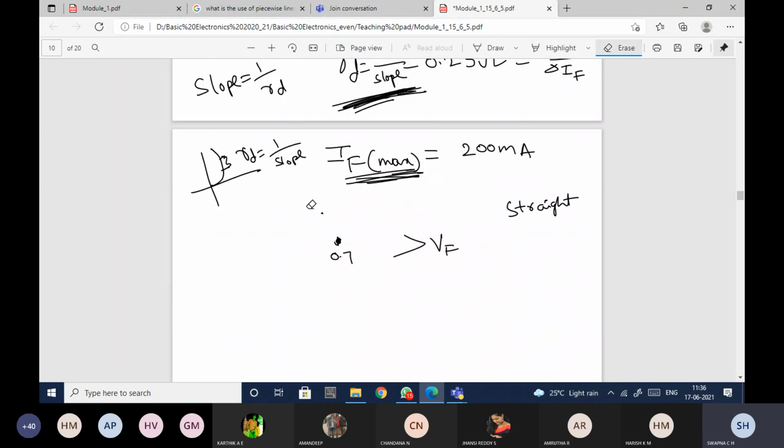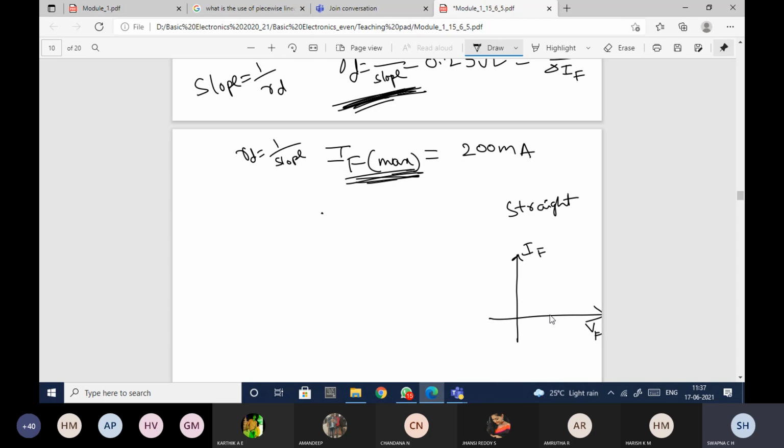If I want to plot, one point I will easily be able to take, that is on the x-axis, but in the first quadrant I will not be able to take it because I need 2 points. So roughly I'll just take the diagram VF, IF. One point I'll draw here, it is nothing but 0.7 comma 0. Why am I writing it as 0.7 comma 0? It is x comma y. The x value is 0.7 and the y value is 0. So that's why I've represented this point as 0.7 comma 0. Now I have one more point, somewhere there. I don't know where exactly it is located.